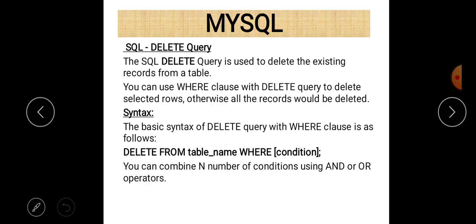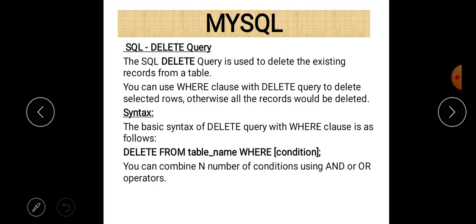Now let us talk about the delete query. If you want to delete a particular record or a group of records or the entire records in a table, but we don't want to delete the structure of the table, then for that purpose there is a command named delete. It is very easy to use and easy to implement. Just write delete, then from, and then the table name, and if you want to apply a certain condition, then the where clause should be there, and if you don't apply a condition, then just don't write the where clause.